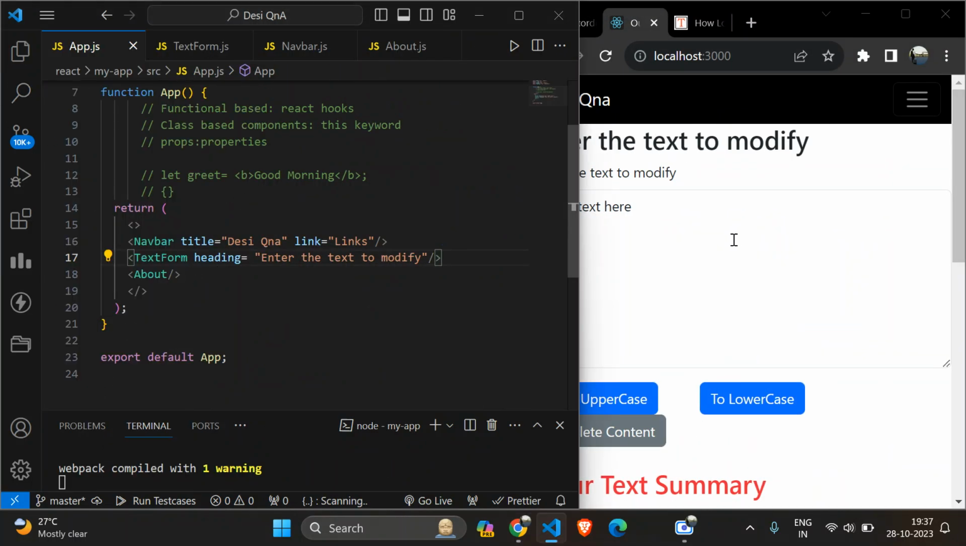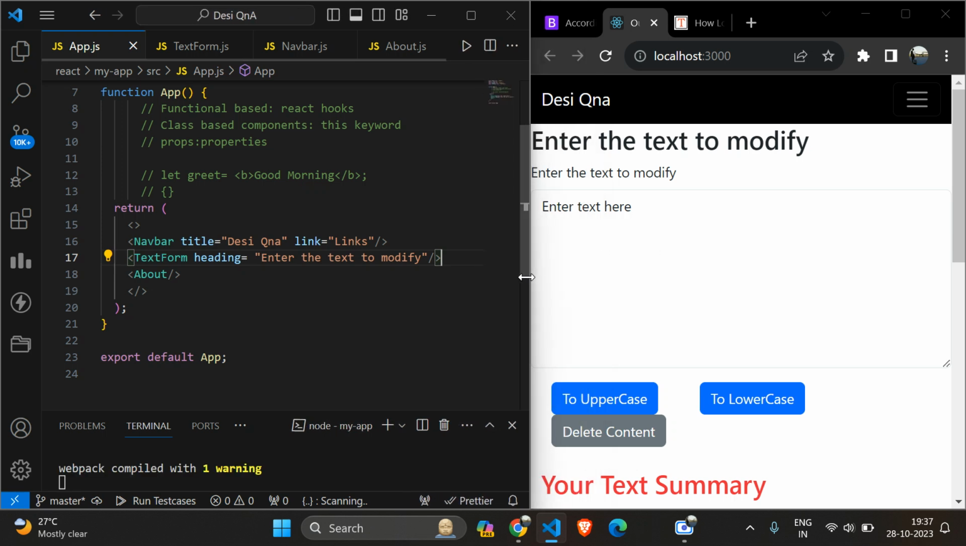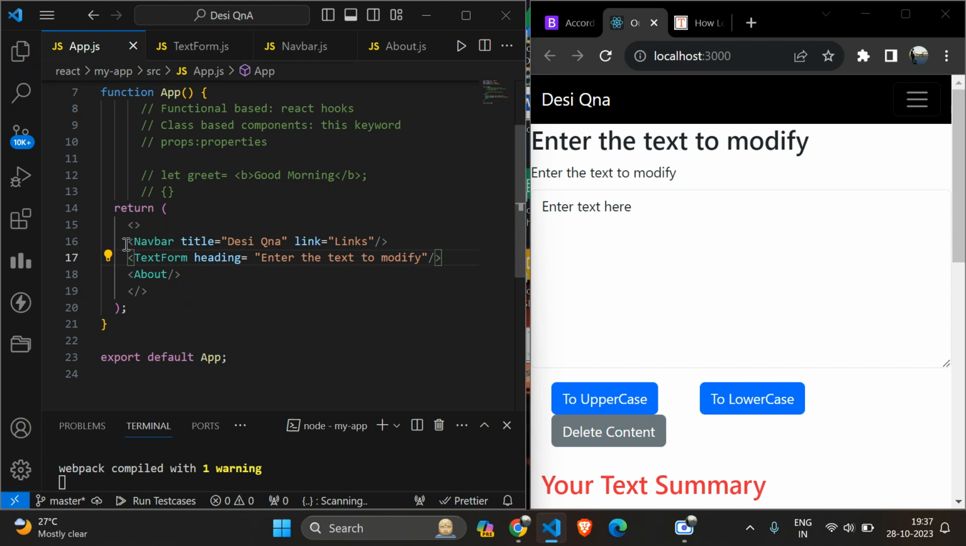So first thing that is being rendered here is our navbar, right? See it. Here the first thing that we are seeing is our navbar, right? The navbar is being added over here. And then the next thing, I have instructed my app.js to show my text form, right? So that text form is